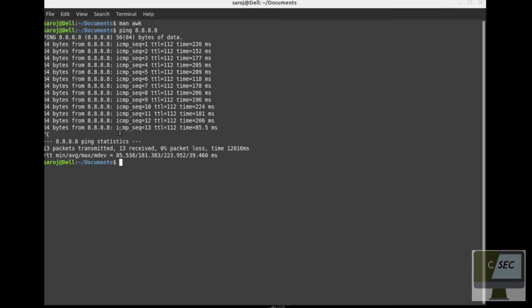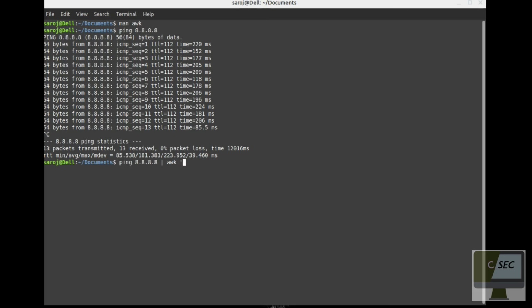So if I do ping 8.8.8.8 and then a pipe here, the pipe is one of the most essential symbols, used to redirect the output of the previous command to the next command as its input. Then I use awk, and I have to specify single quotes.